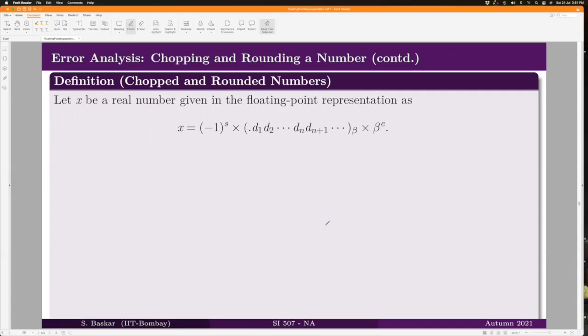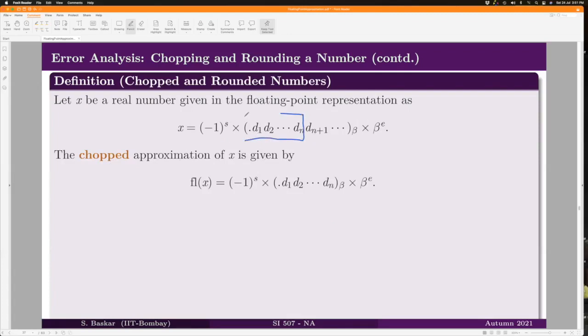simple form. Let's put it as a definition. Let x be a real number given in the floating point representation like this. What is meant by the chopped approximation of x is simply you take this part in the mantissa and just forget this part. That is called the chopping